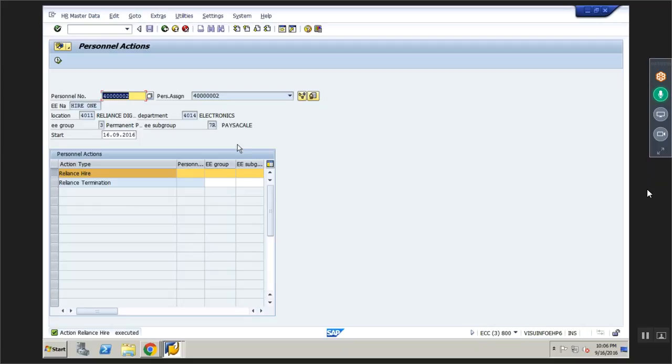Ma'am, how to customize the menu in PA40? Yeah, we will do it. Today I have discussed what PA40 is, because based on this you will understand what happens at the end user level. Now we have seen how the end user will hire an employee. This is how they will hire. If they get any error, we only have to fix it. Okay, so this is called hiring.